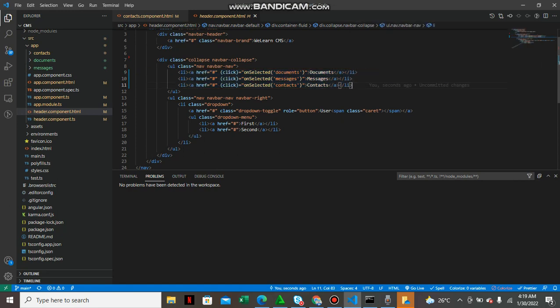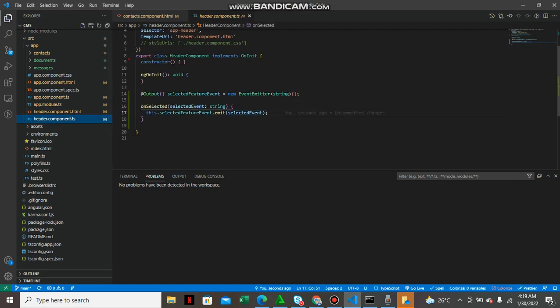When the user clicks on each tab, an event listener is triggered for the unselected method, which we'll see here. The unselected method will do the emission of a selected feature event output variable, and since this is an output variable,